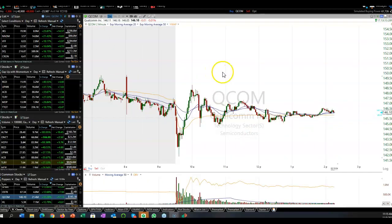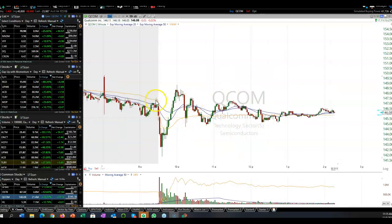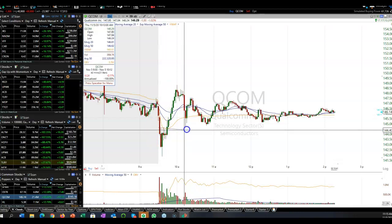This Qualicum, this is a higher priced stock. Very strong in the after hours on earnings, but at the opening it just got hammered. Boom, sold off. But here you can see, here's the reversal. In this case, the bulls managed to take control. It sold off very sharply, and would have opened here, sold off at the close, but then the bulls took control, and look where it closed, way at the top. And then we get this wedging pattern, or slight wedging pattern. And when it broke out over this here,